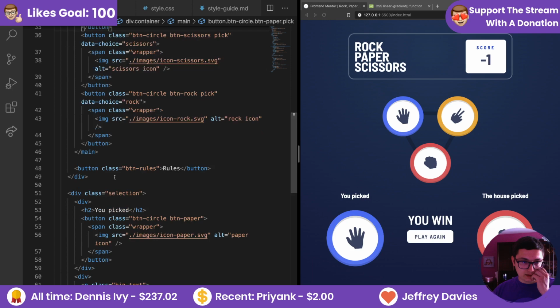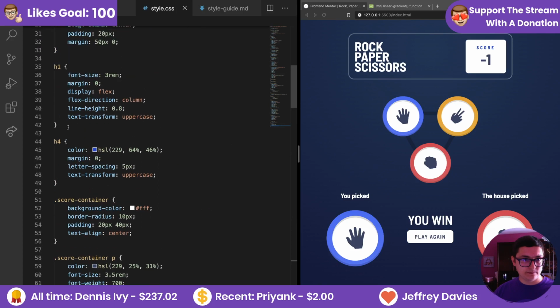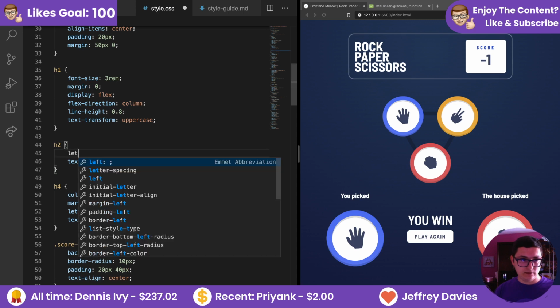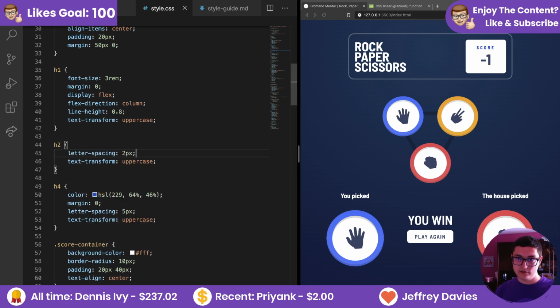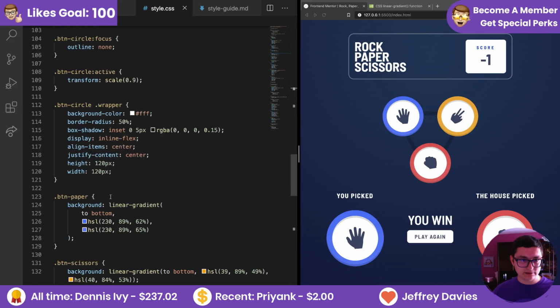What we used? H2. So go back to style, go back to H2, and do text transform uppercase, and letter spacing to pixels. All right, good. Now, we kind of